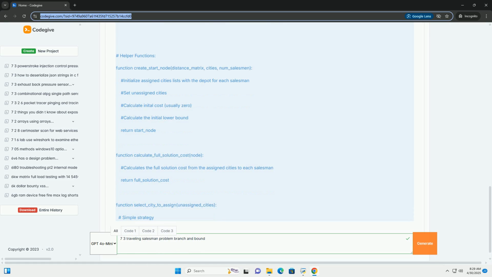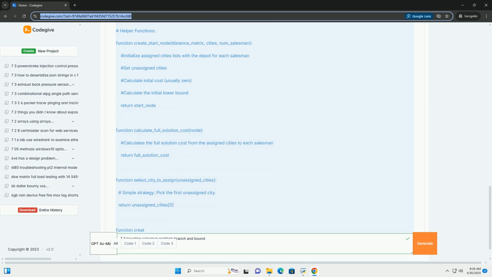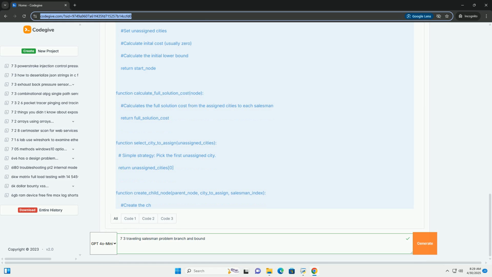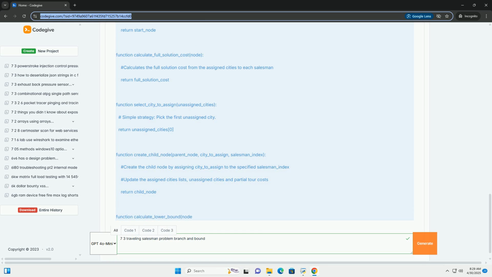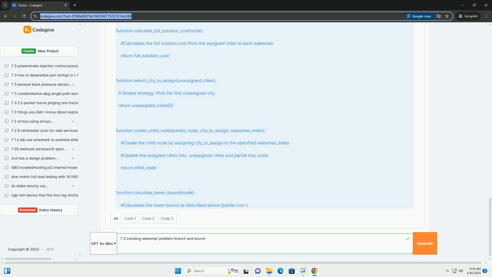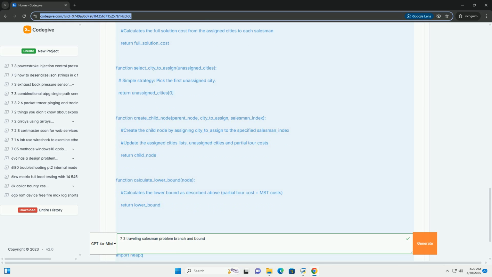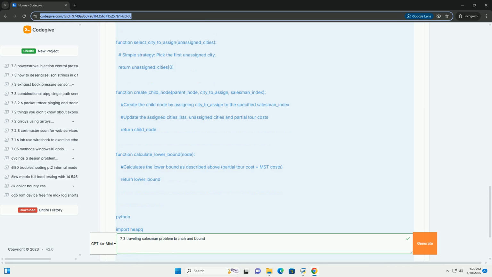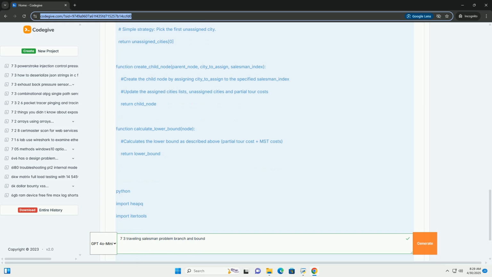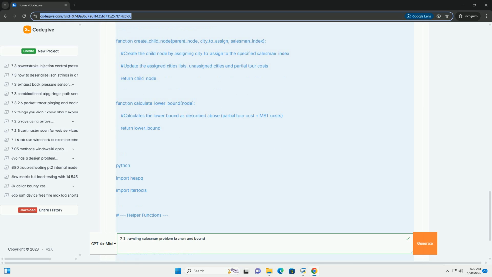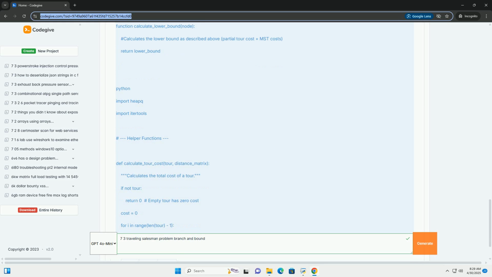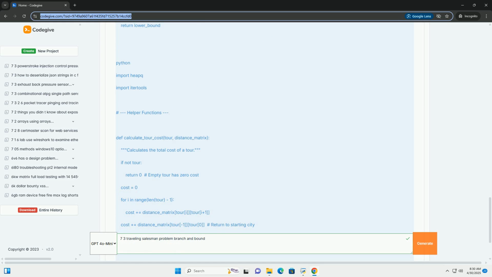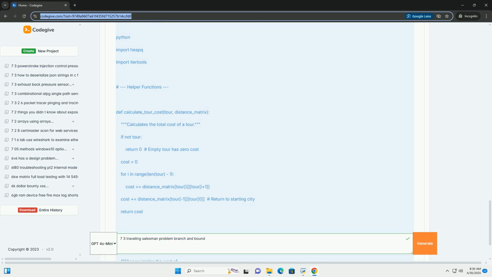2. The 7-city/3 salesman variation, 7-3 TSP. This is a more complex variant. Instead of a single salesman, we have 3 salesmen, and the task is to divide the 7 cities, including the starting city, into 3 tours such that each city is visited exactly once and the total distance covered by all 3 salesmen is minimized. Important considerations for the 7-3 TSP: